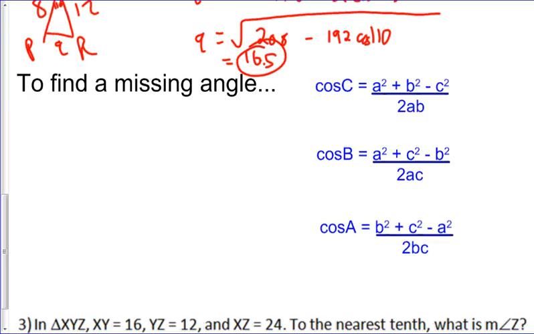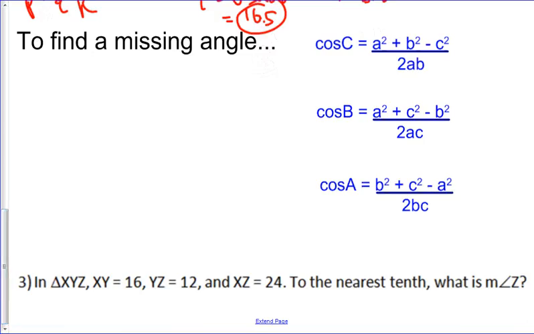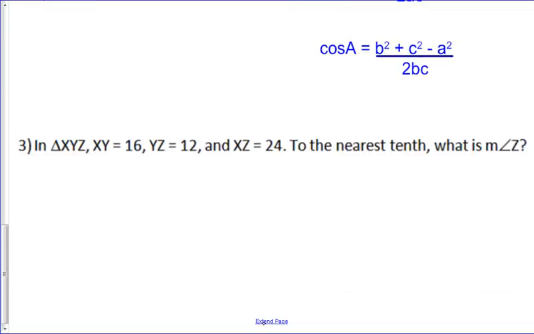I got cosine of an angle is equal to the two other sides that are not opposite of this angle, those two squared minus the opposite side squared, all divided by 2 times those two other sides. So let's just do one example of that, and I have it 3 different ways, but really they're all the same idea here. So if we have triangle XYZ again,